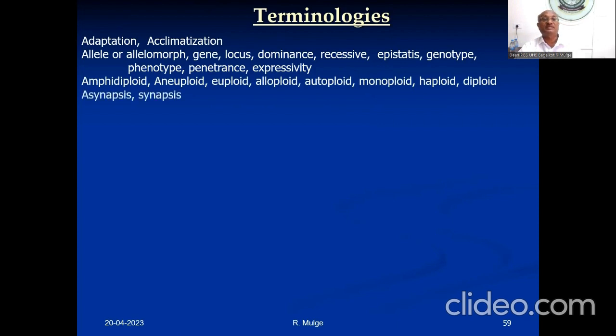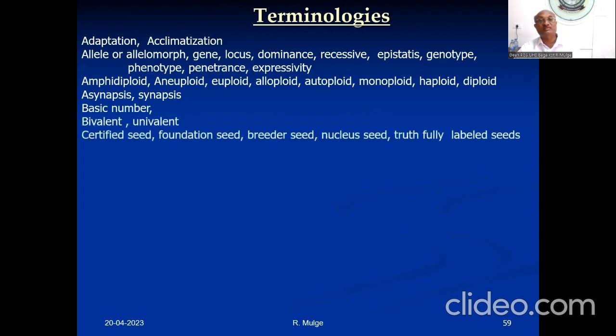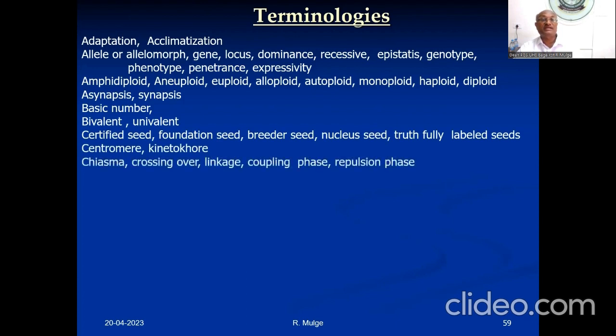Then asynapsis and synapsis, basic chromosome number, then bivalent, univalent, certified seeds, foundation seeds, breeder seed, nucleus seed, truthfully labeled seeds, then centromere, kinetochore, chiasma, crossing over, linkage, coupling phase, repulsion phase, chromosome, chromatid, combining ability,